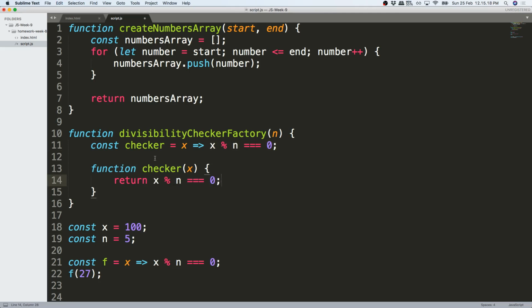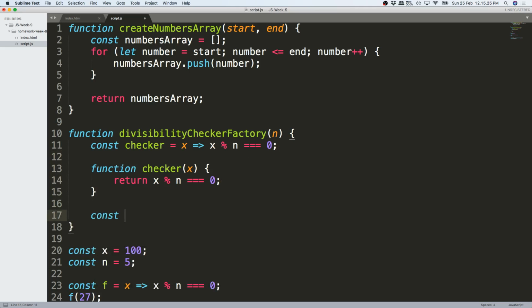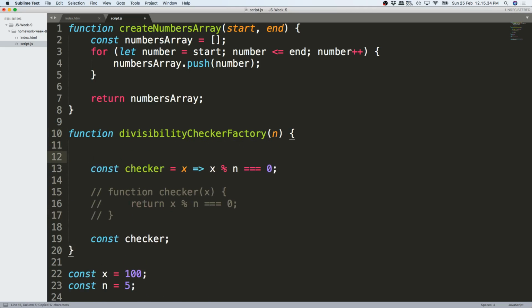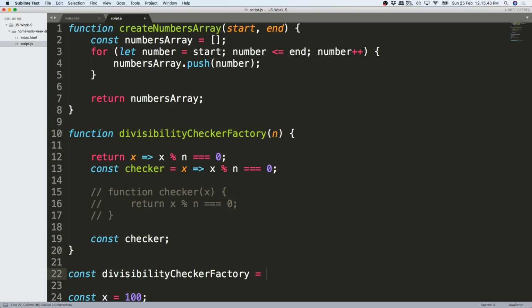Okay, so I can assign this to a constant, const checker, and return this thing, or I can return it directly. Or I can just say const equals given a number n, return a function that would be